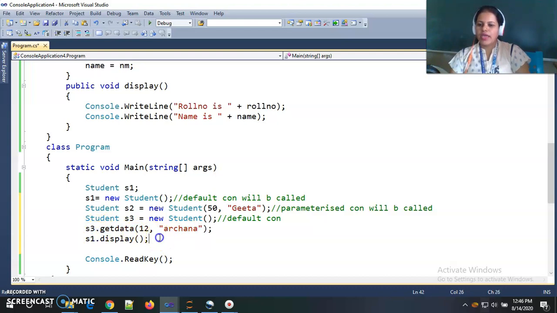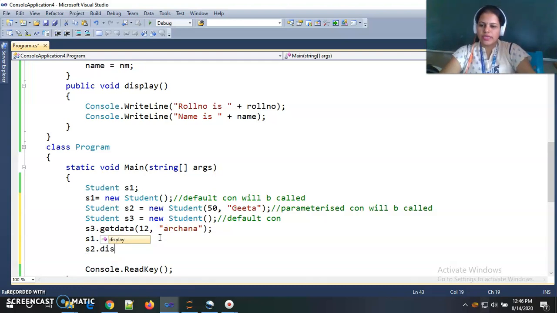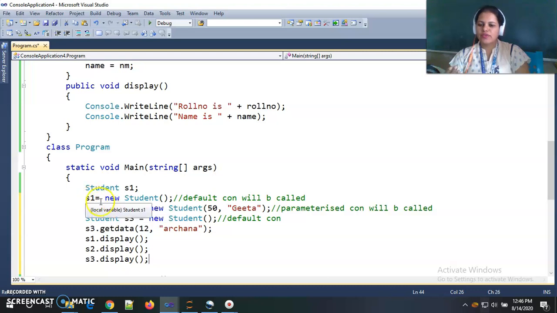Now if I display the S1 data, S2 data and S3 data, then what will we get? In S1 there is the default constructor, so we are not changing the S1 values, so we will get S1 roll number as 100 and name Ramesh.